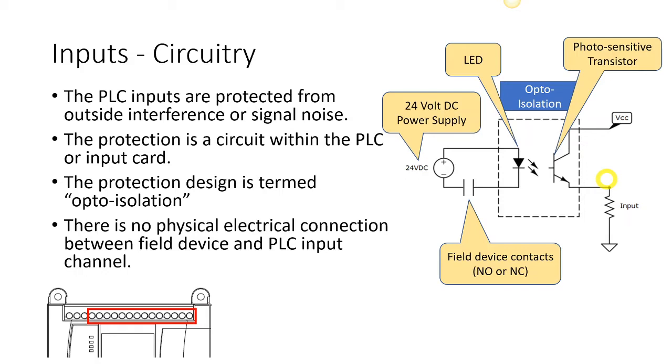So the main thing that I want students to understand is the way that we protect inputs is through optical isolation, and optical isolation has no electrical connection from the field to the internal circuitry of the PLC, and it does it through the use of light. Okay, so it's those three main components. We're protected through optical isolation. Optical isolation separates any electricity from the field from electricity that is being used inside the PLC, and we do that isolation through